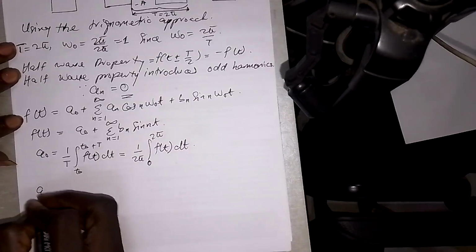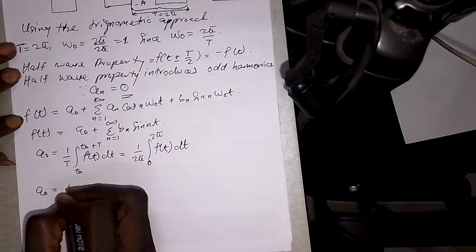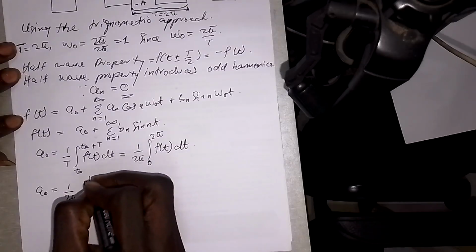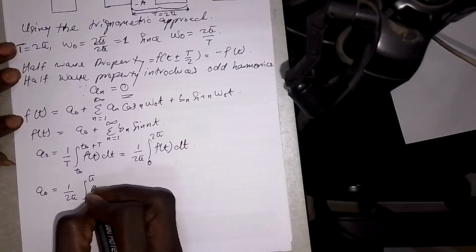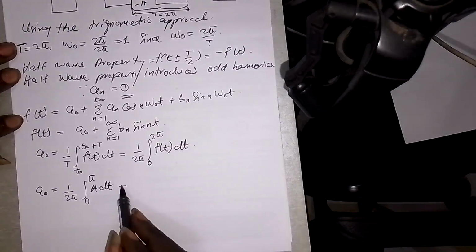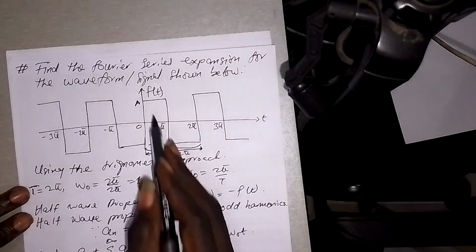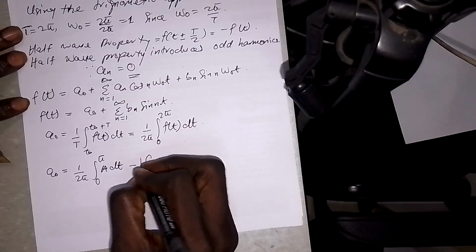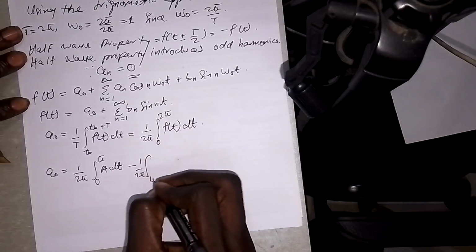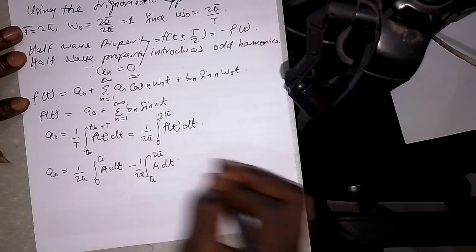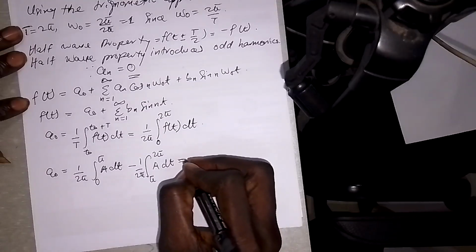So I'll have A naught equals 1 over 2 pi into the integral from 0 to pi, which is the positive half, of A dt. I'm putting a negative here because this part is negative. This part is positive, this part is negative. So that is why I'm putting negative here, into 1 over 2 pi into the integral from pi to 2 pi of A dt, which is equals to